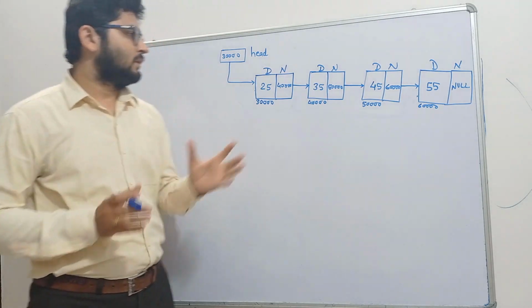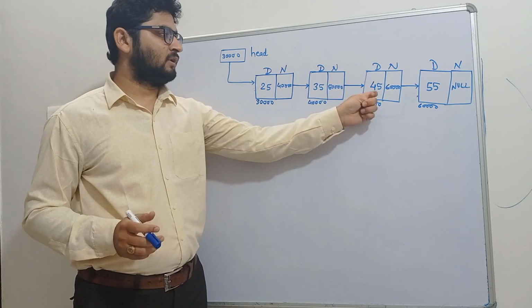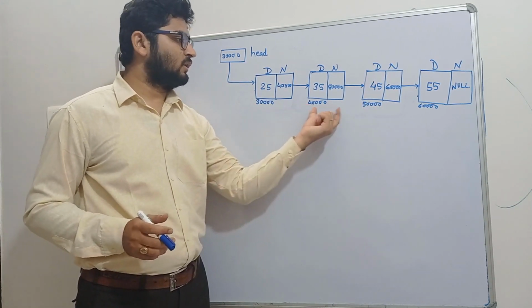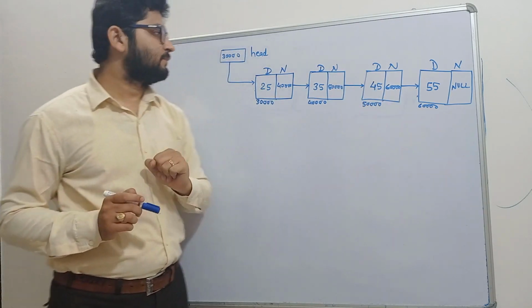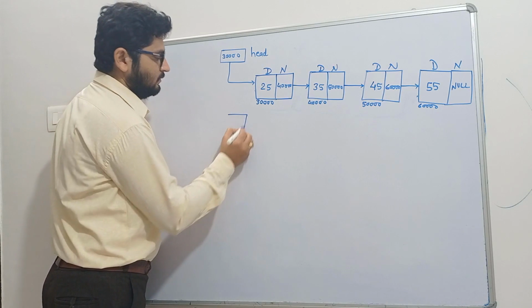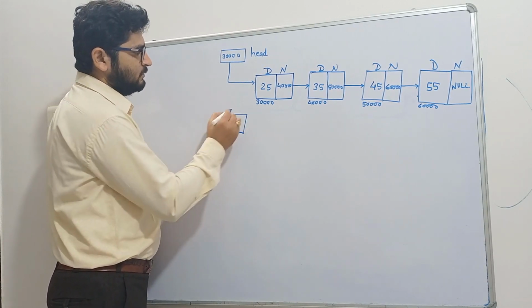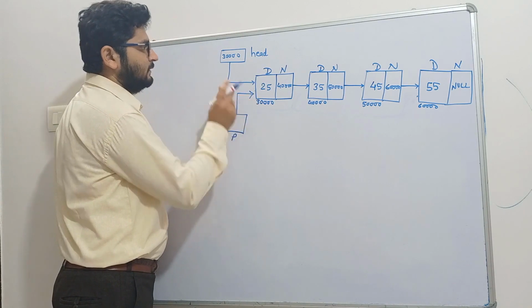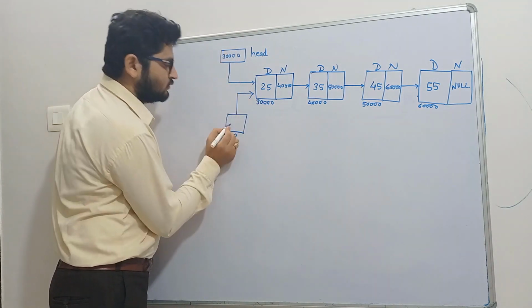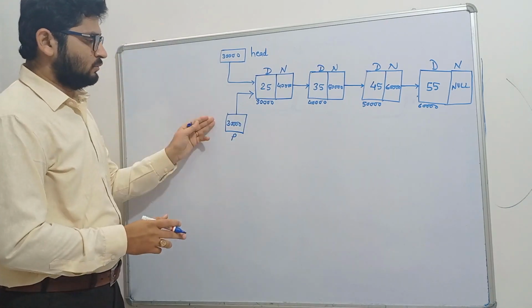Okay, now this is my linked list with the 4 nodes, values 25, 35, 45, 65, and the addresses 30,000, 40,000, 50,000, 60,000 respectively. Now for searching I will first take one pointer P initially, which will point to the first element. So obviously, for pointing it to the first element, from head, I will copy 30,000 to P.